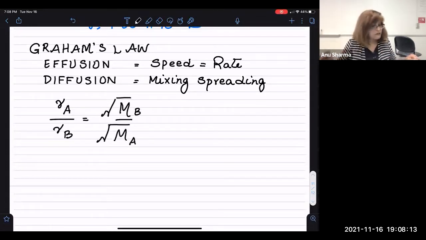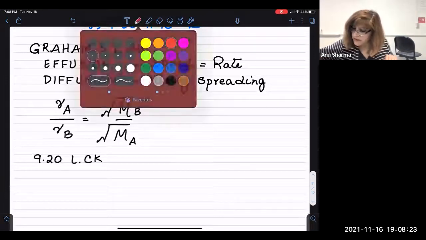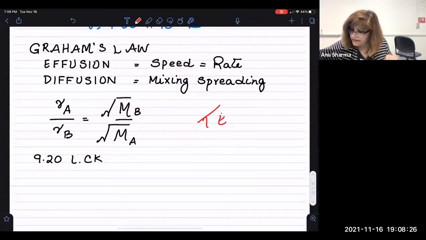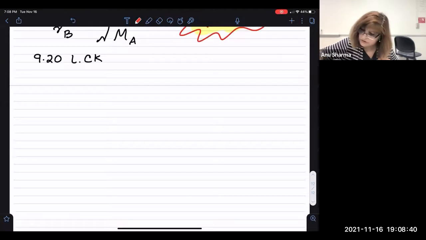Okay, so let's do this simple one right here, 9.20 learning check. I'll just put this here. This is going to be on the test. It's a simple question. I like it. It's simple, but a little bit of math is needed. At a particular pressure and temperature, nitrogen gas